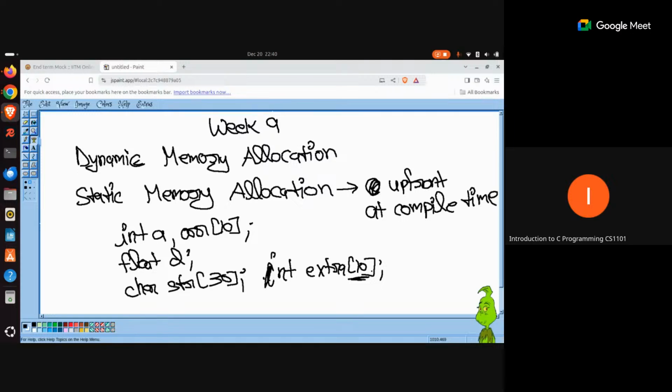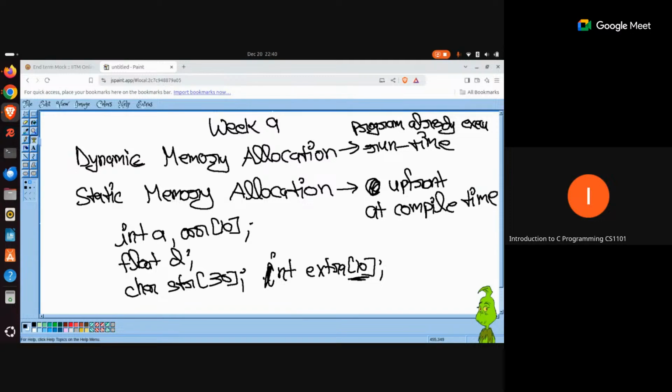Why do you need dynamic memory allocation? Dynamic memory allocation is when the program is already under execution, and whatever memory you had requested is already allocated. Now you are asking for more memory. That means it is happening at runtime.